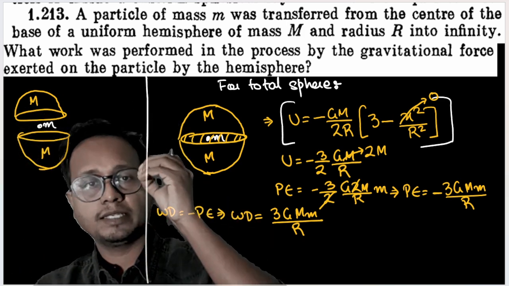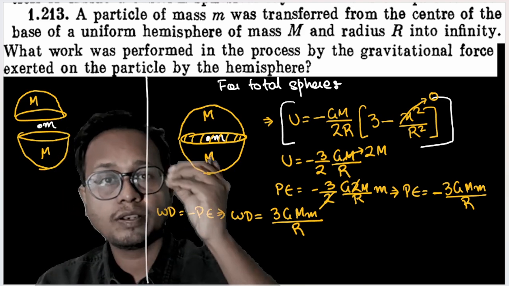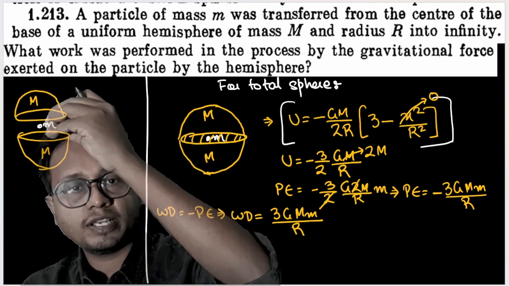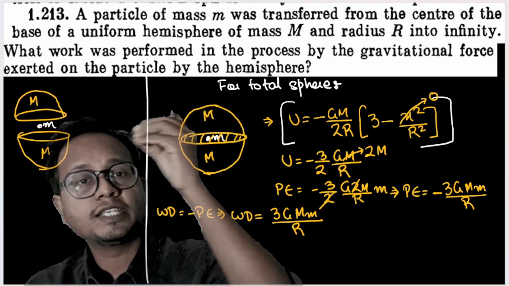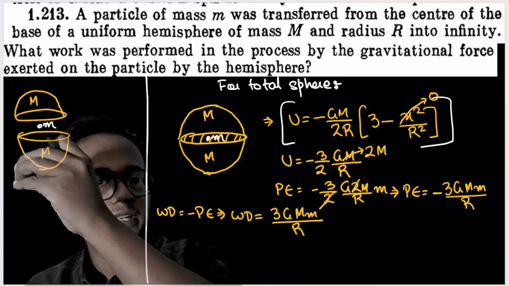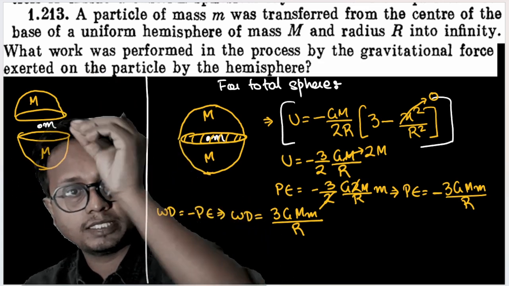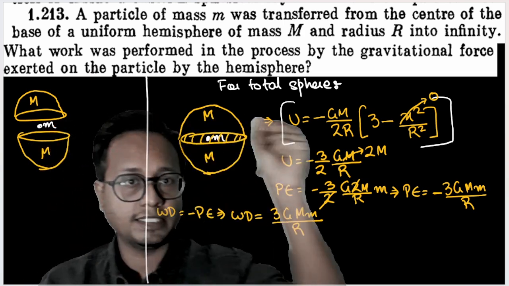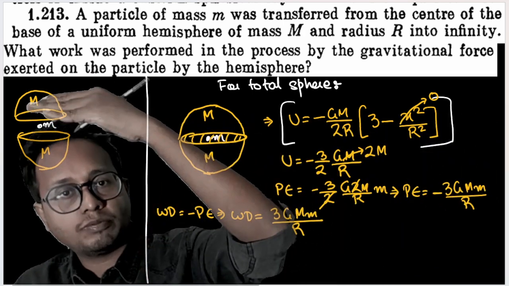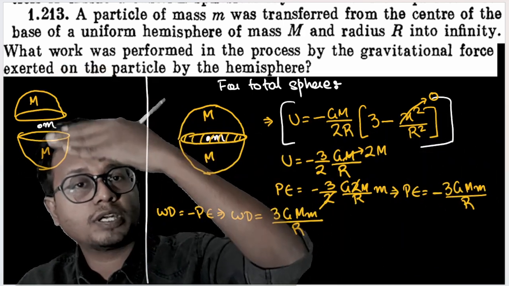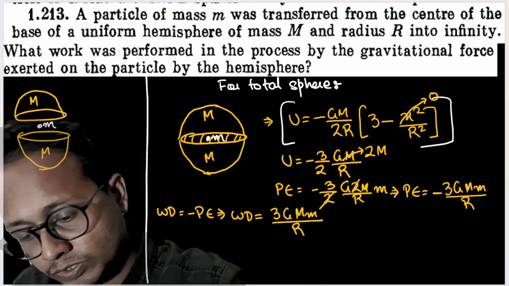Now seeing this diagram, can I say work done by the top part of the hemisphere in moving this block is equal to work done by the bottom part of the hemisphere, due to symmetry? Because the top part and bottom part are symmetrical. Suppose I'm moving this mass m like this to infinity. So work done against the upper portion of the hemisphere is equal to work done against the lower portion of the hemisphere. So from symmetry,